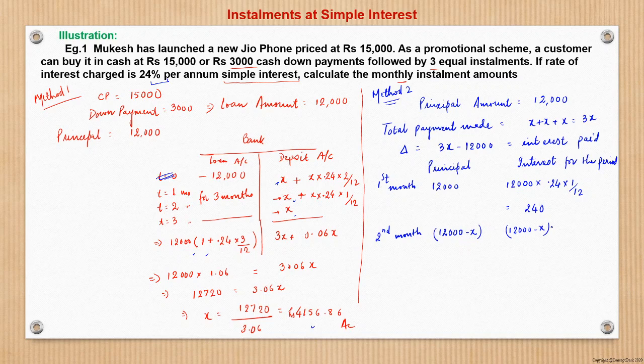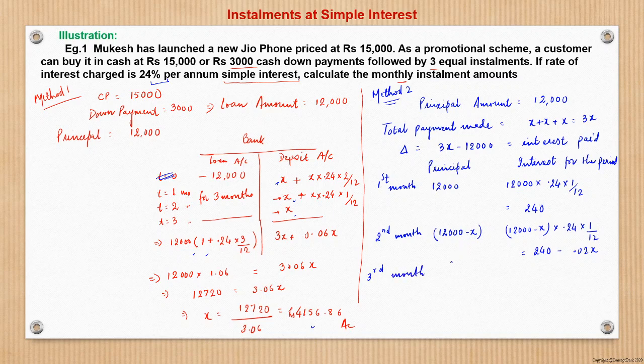12,000 minus x into 0.24, and the interest for the second month will again be 1 by 12, right? So this becomes 240 minus 0.02x, right? And then again during